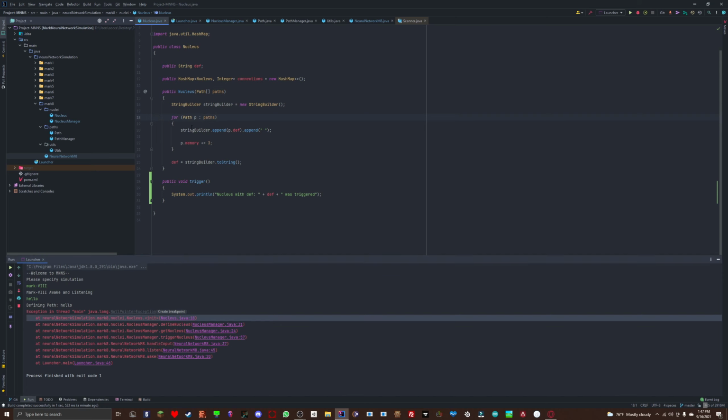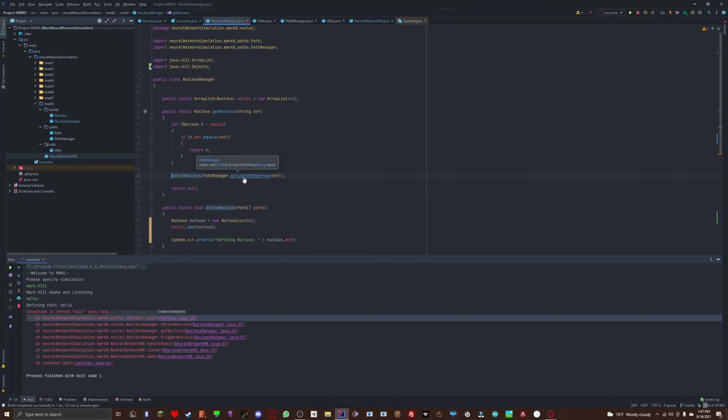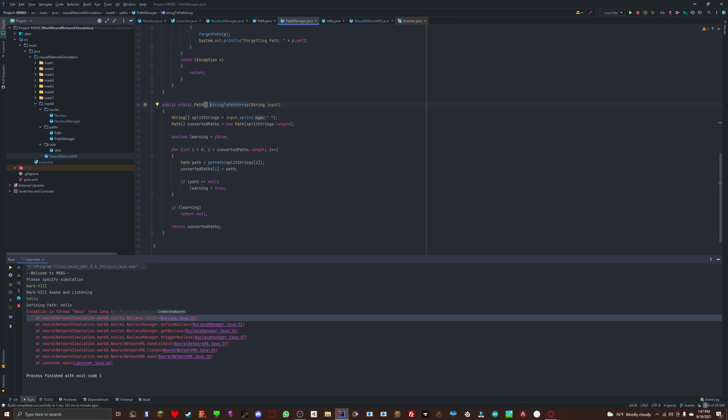Okay, so if that's null, something in there has to be null, in which case it has to be something in the array which is passed through here. If we're defining a nucleus, it goes strings to path array, but